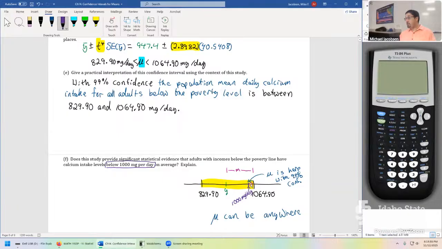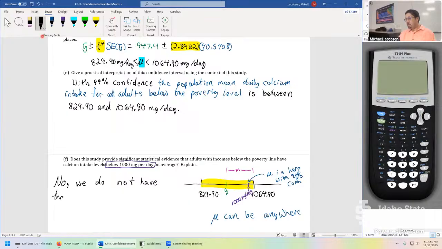It could be above 1,000. We don't have any certainty. I mean, if it's randomly anywhere inside here, overwhelmingly, it's more likely to be on this lower end. But the moment our interval includes values above 1,000, the answer to this whole question is no. And we can rewrite this whole question as a hypothesis test question in the next problem. It would be no as well. So we'll say here, just to finalize this problem, no, we do not